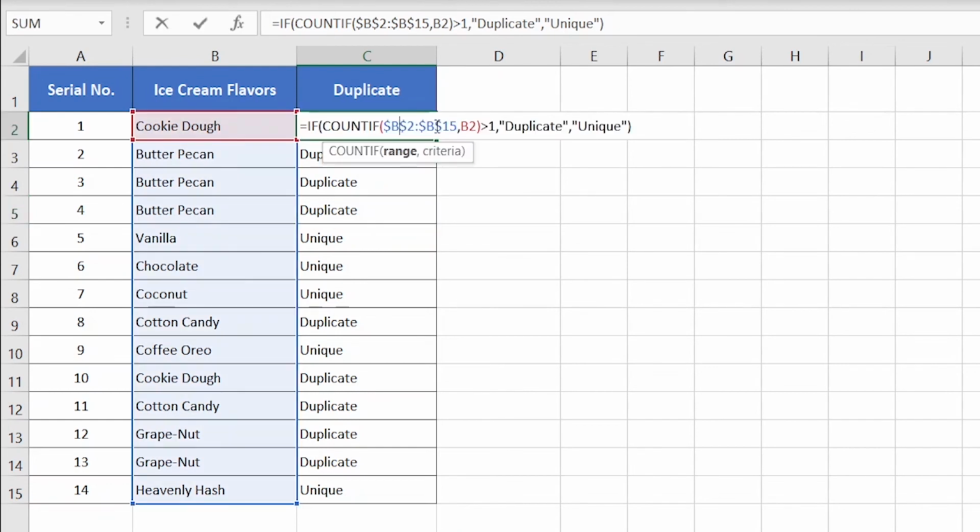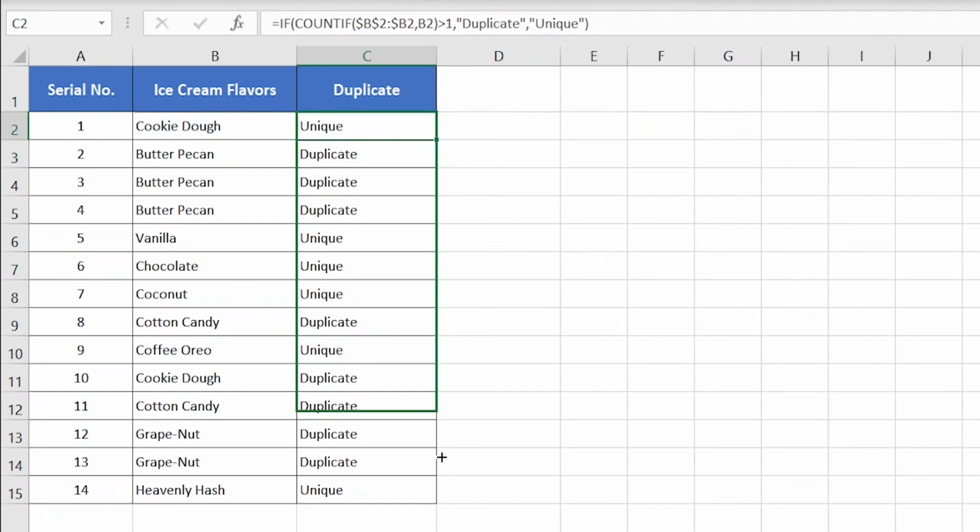In our range, we need to update the last cell of our range, and replace the last cell with the first cell. Here our last cell is cell B15 and our first cell is B2. So we will replace B15 with B2. I'm just doing that. Here, as we will copy down the formula, we need to remove the $ sign before the row number. So I'm just removing it before 2 and then pressing enter. Now copy down the same formula again and there you go.